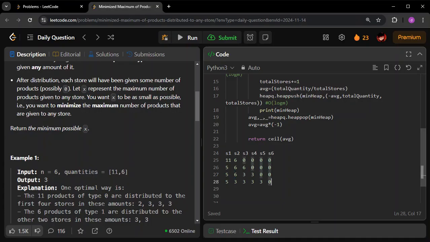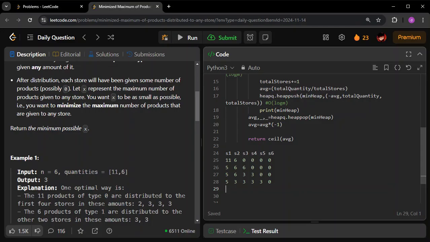Okay, that is fine. Next, what I can do, see which is contributing to the answer, this 5 is contributing to the answer now. Because this is the highest now, I have to do something to reduce this as well. Only one store is vacant now, so I will again do a division there. See, 5 you cannot divide by 2 directly, because it will give 2.5, which is not possible here. So I have to keep 2 and 3, so one of them will have 2, the other one will have 3.